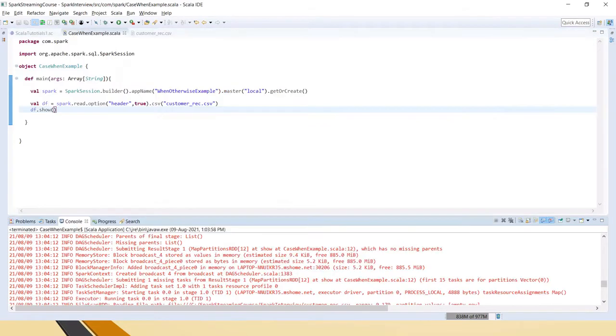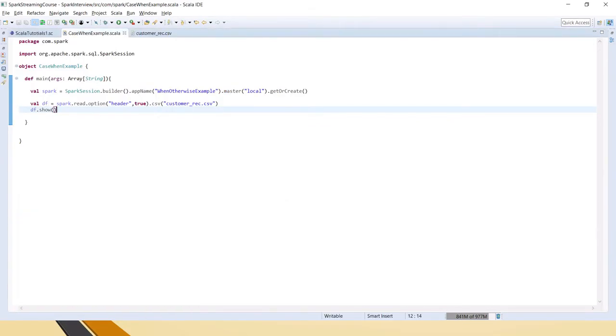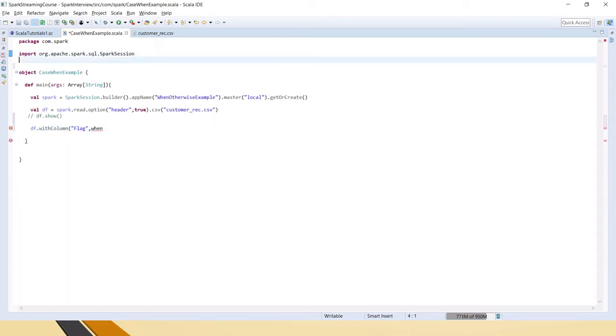Next we will see how to add when, otherwise for this, and create a new column. We will say df.withColumn, we want the flag column, so we will name it flag, and inside this we will use the when clause. For using the when clause we have to import the functions.